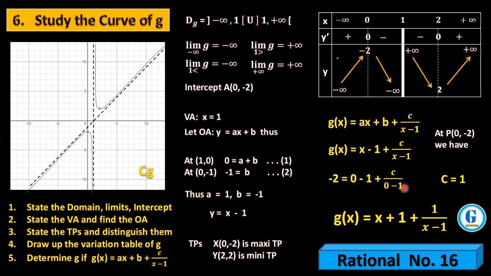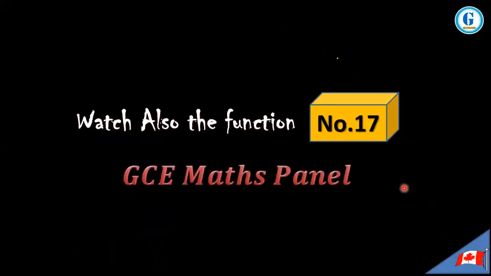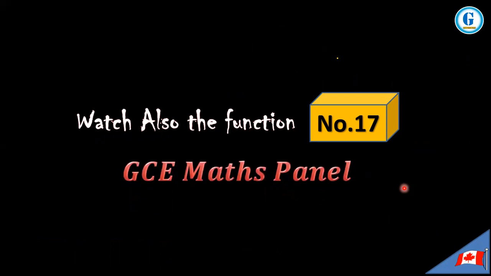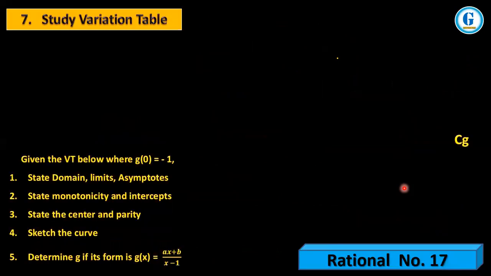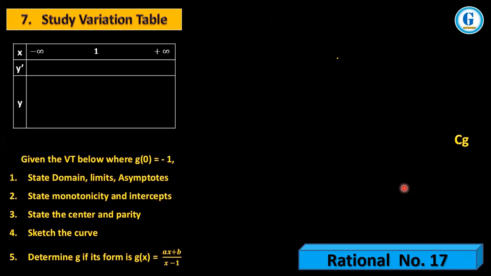This brings us now to the last question on this particular tutorial, number 7. So we are being given this variation table. Let me put in the values. And with this variation